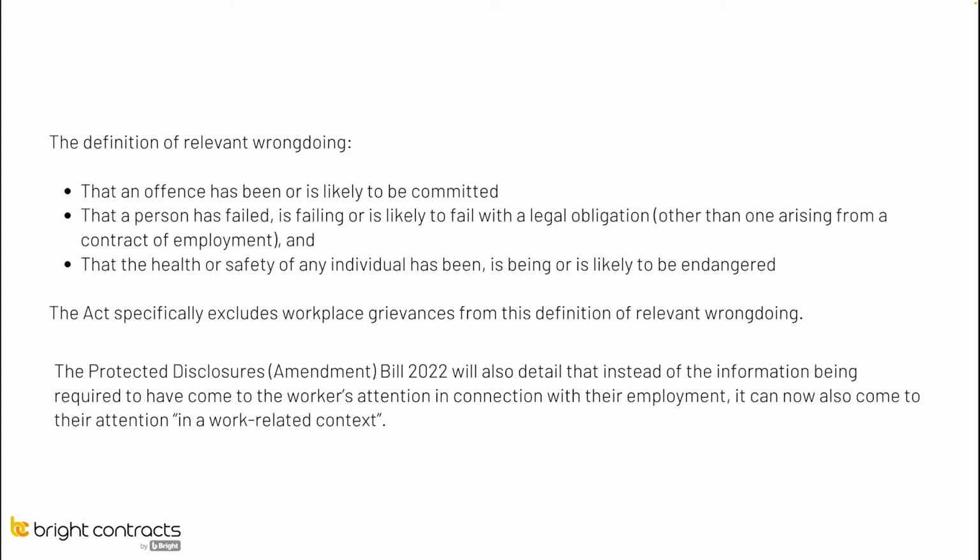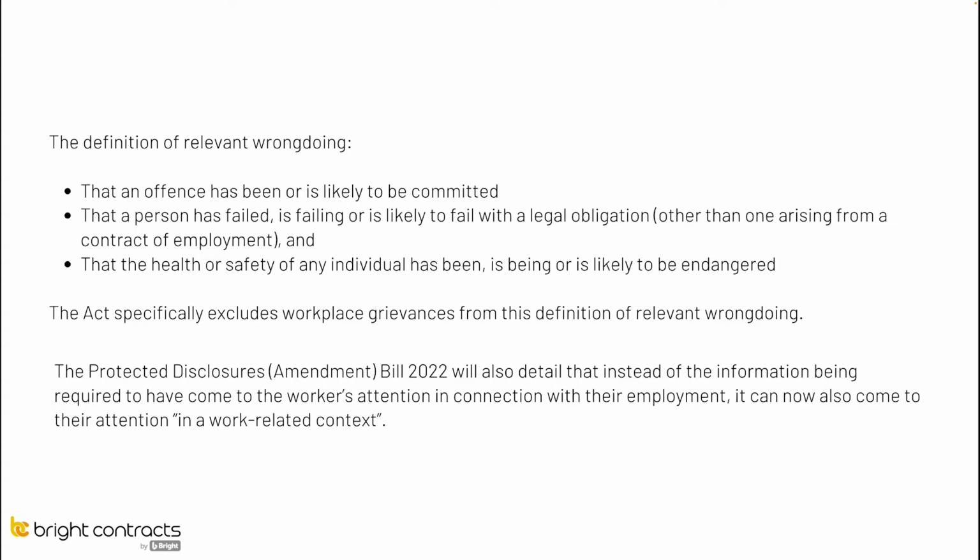But the Act does expand on the definition of relevant wrongdoings to include breaches of EU law in a number of areas, and I'm not going to list them all, but to give you an insight into a few, some of the areas would be public procurement, financial services, product safety and compliance, transport safety, protection of the environment, etc. And the amendment does also provide that if any employee makes a claim of penalisation to the Workplace Relations Commission on any of the above actions, it is deemed to have been a result of them having made a protected disclosure, unless the employer proves that the act or omission was based on duly justified grounds.